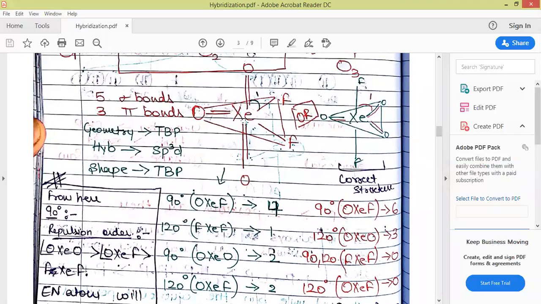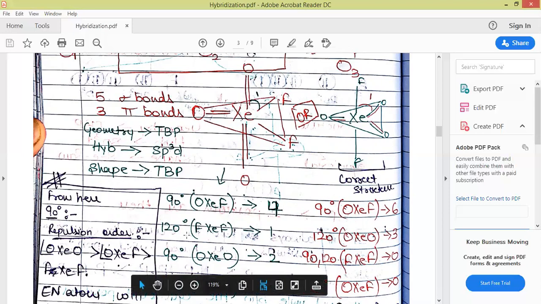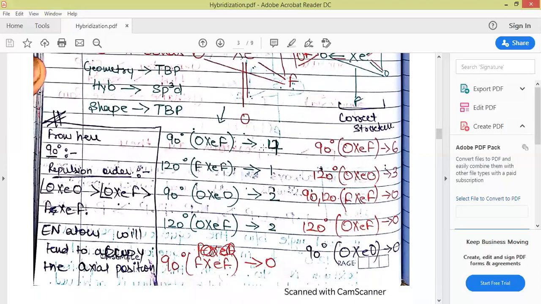Here we can see that for this molecule we are considering OXeF. First one, here I have written number 1, it is 90 degrees. Such type of 4 angles are there: 1, 2, 3 and 4, 2 above and 2 down. So 4 are there. 120 degrees: we are not considering the 120 degree angles, although I have written them here, but while considering the repulsions, we'll consider the smaller angles, where repulsions would be 4.